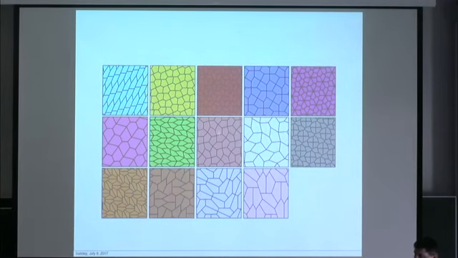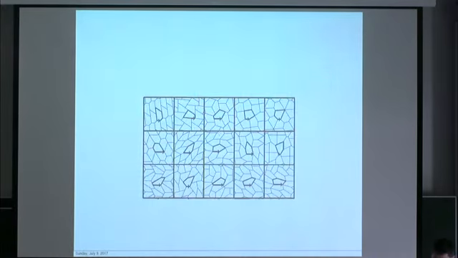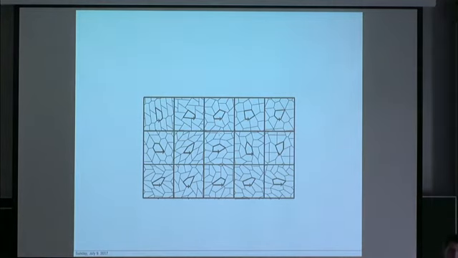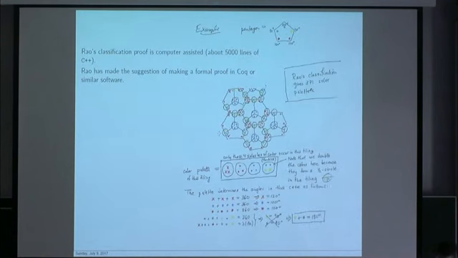So as of a couple of years ago, there were 14 tilings that had been found, and these are all families. So some of these you can do some deformations and they will still tile. And then the classification was announced earlier this year, and what do you know? This was a computer-assisted proof. This was done by Michael Rao. The proof is about 5,000 lines of C++.